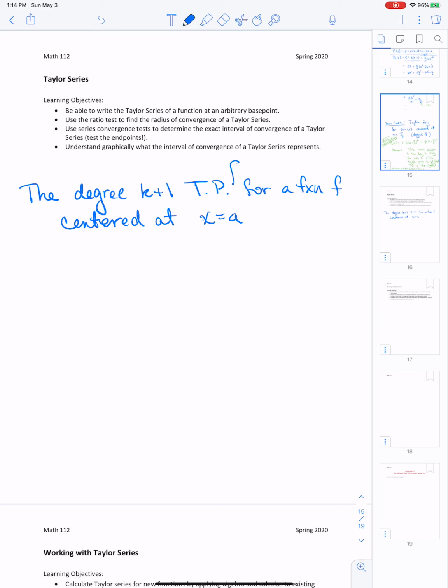So the Taylor polynomial we're denoting as p sub k plus 1 of x for a function f centered at x equals a is actually equal to